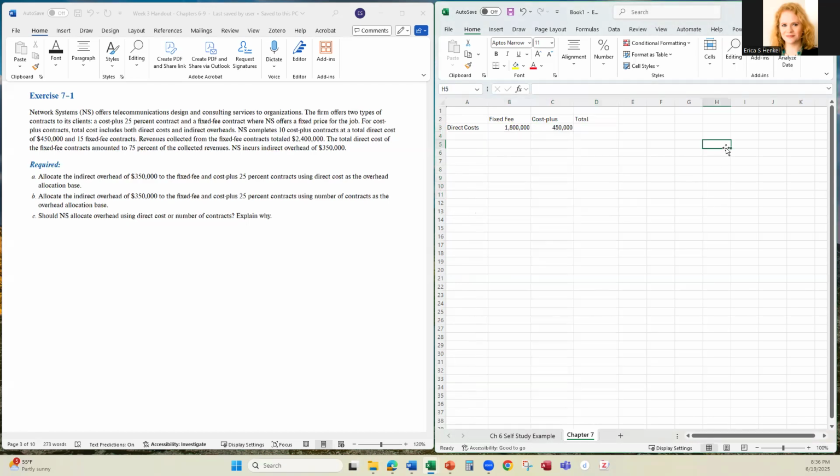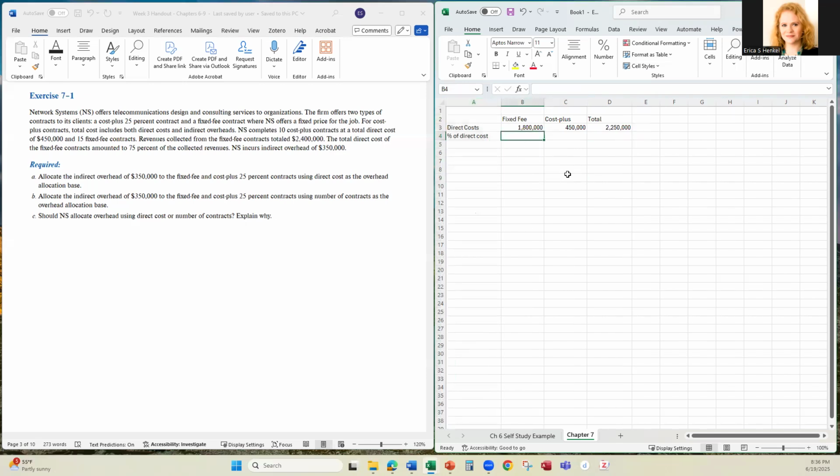Okay, so then in total between the two here, our total direct costs were $2.25 million. And so in terms of these, right, let's figure out what percentage